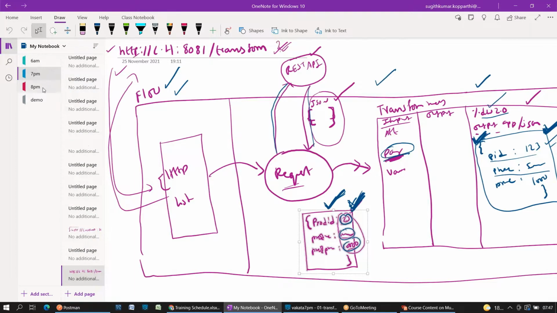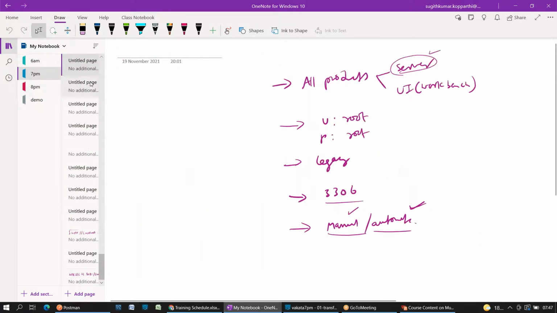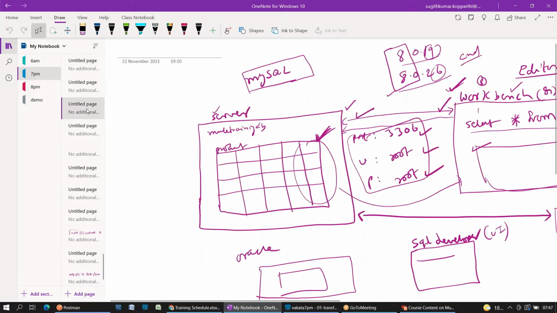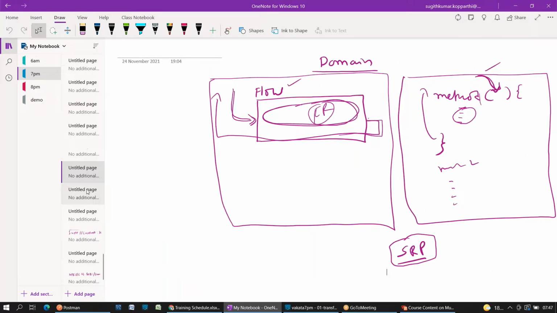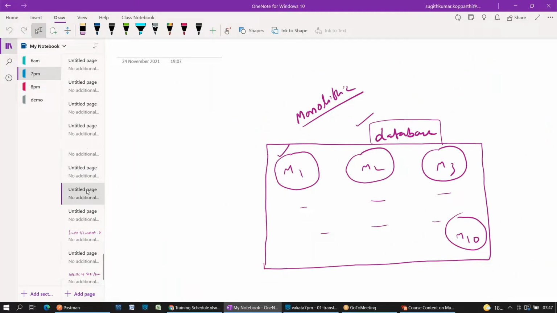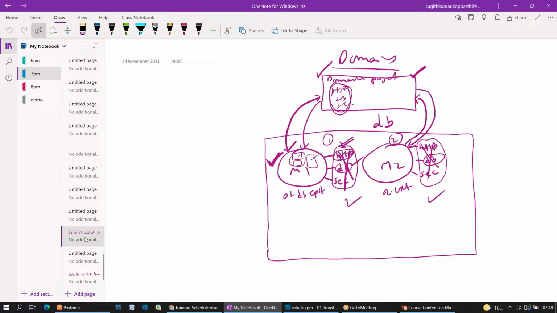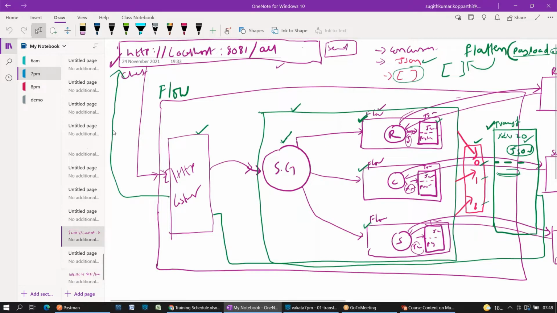You can see a few batches which are running right now. Everywhere I will draw pictures and explain the concept in a pictorial way, which is scientifically proven. Instead of telling hundreds of points, if I draw a picture, it will convey hundreds of points to different people, with different mindsets. Successfully, I'm running this for the last 2.5 to 3 years. As I told, none of them failed in certification because they know the concepts clearly, right? So this is the way I will explain all the concepts.